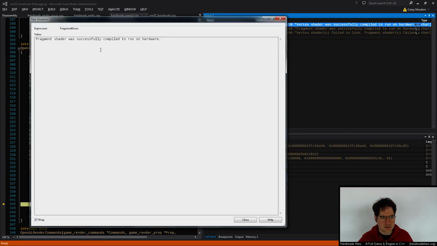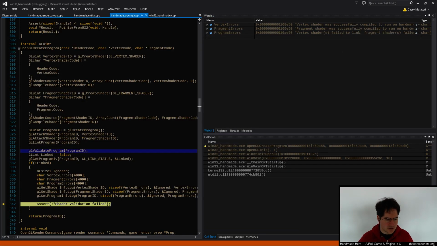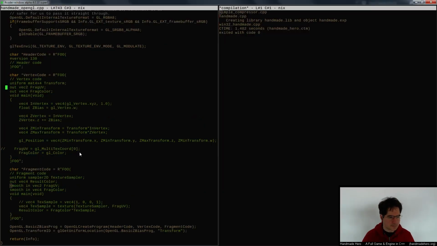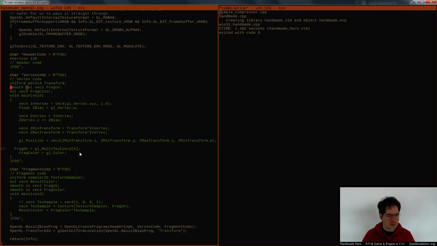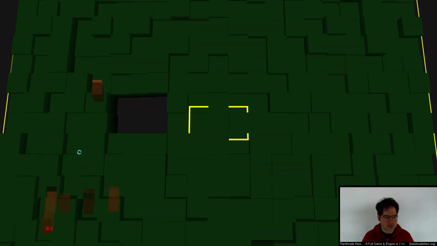Vertex shader was fine. Fragment shader was fine. Frag color interpolate modes do not match in 2 stages. Ah, yes. Sorry. The smooth needs to be replicated in both places. I don't know why, but it does. All right. So